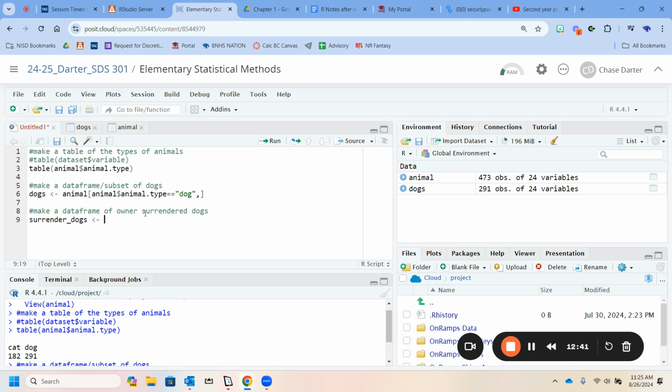So if you want to make a group of owner surrendered dogs to send to our client or customer, whatever you want to call them, we have a data set called animal. And in that animal data set, we have cats and dogs, but this person is not interested in a cat, right? So when we want to make another subset, we're not going to use animal, because if I put animal twice, I'm going to be drawing from the animal data set, which is not what I want to do, right? So instead of animal, we're actually going to put dogs